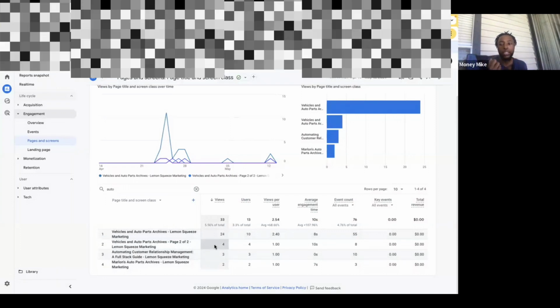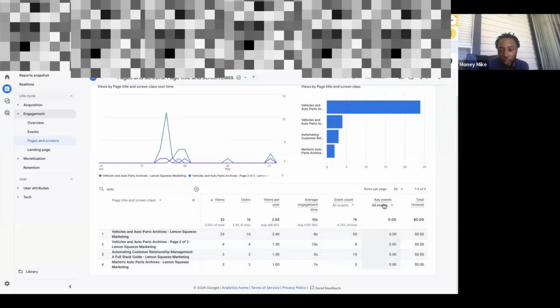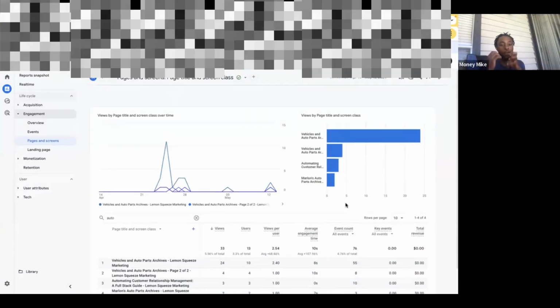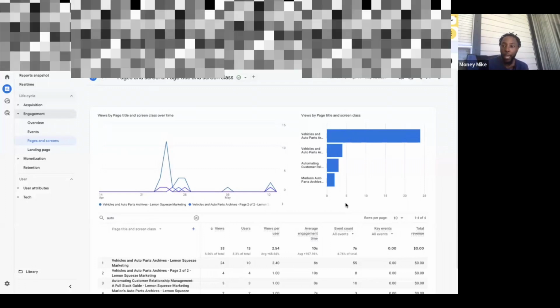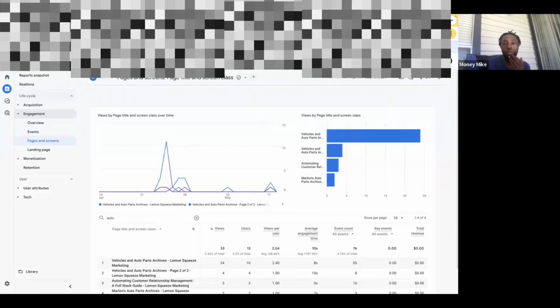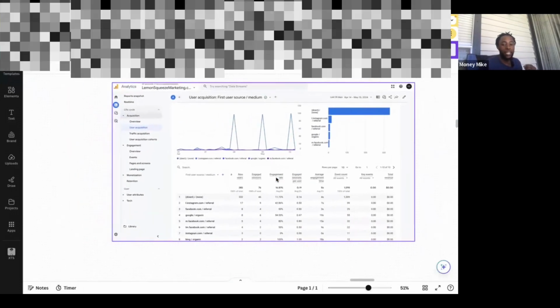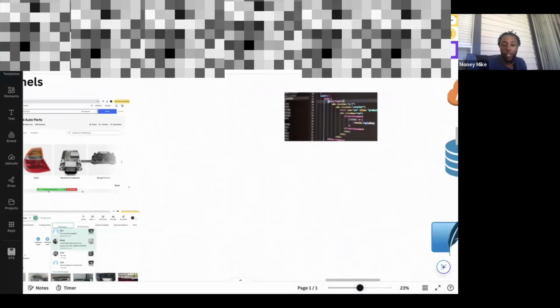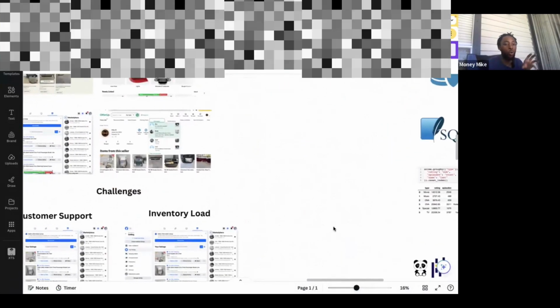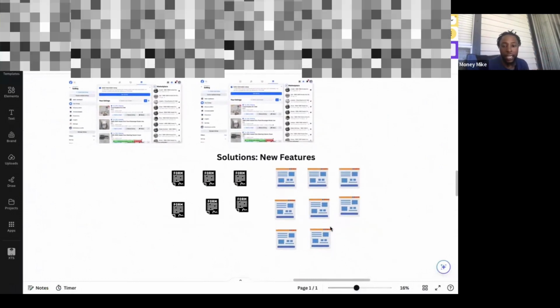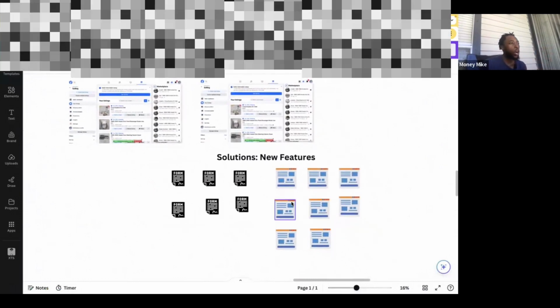It'll also tell us things like events. You see how this says key events and event counts? It will tell us when different events happen on the page. So if I go back to my chart, what we would see is, for example, one of the features, I'll just give you guys a preview. One of the features that I'm proposing, based on the data that we pull and the support tickets, is that we have some sort of